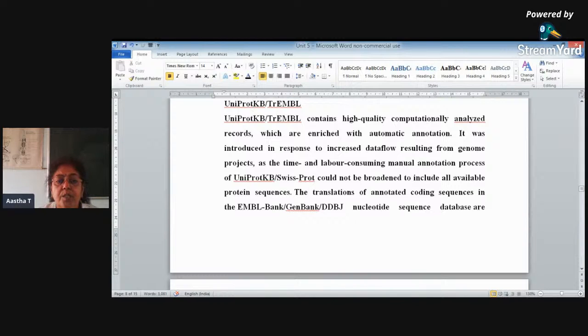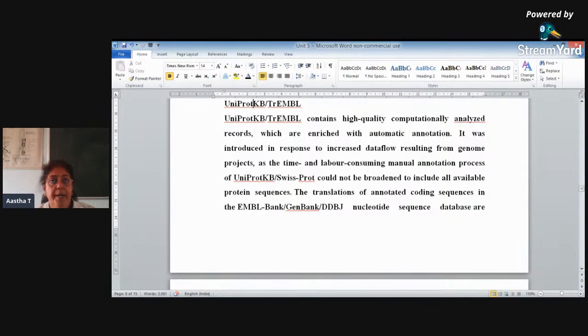It was introduced in response to the increased data flow resulting from genome projects. Several people are carrying out genome projects and a lot of data is generated, and it becomes very tedious and time consuming for manual annotation. So if anybody is going to add it manually, a lot of time will be required for that process. So better it is done automatically. Automated things will not require any type of